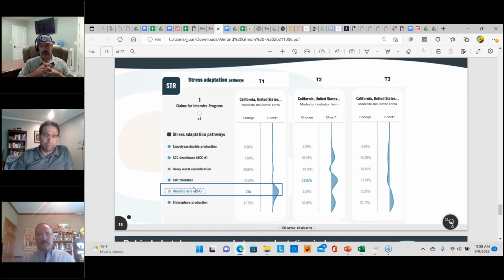And I would add too, in the case of the EPS up top there, and some of the salt tolerance aspects, because EPS is kind of some of the glues that help bind soil particles together to create appropriate structure. And the salt tolerance aspect, we did mention that there is a considerable amount of salt that is coming in from the water source, and for me, this is a very strong and positive result,